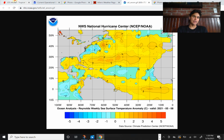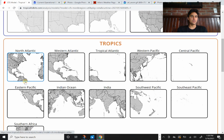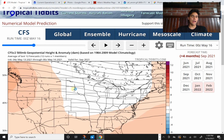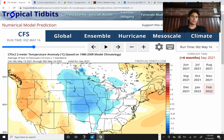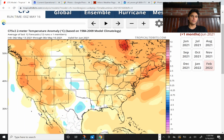So to take a look at this, let's look at the CFS model when it comes to air temperature. Let's change the region to the United States first, and then take a look at its forecasted sea surface temperature anomaly. Taking a look at its temperature anomaly over the next few months, you see for the month of June,